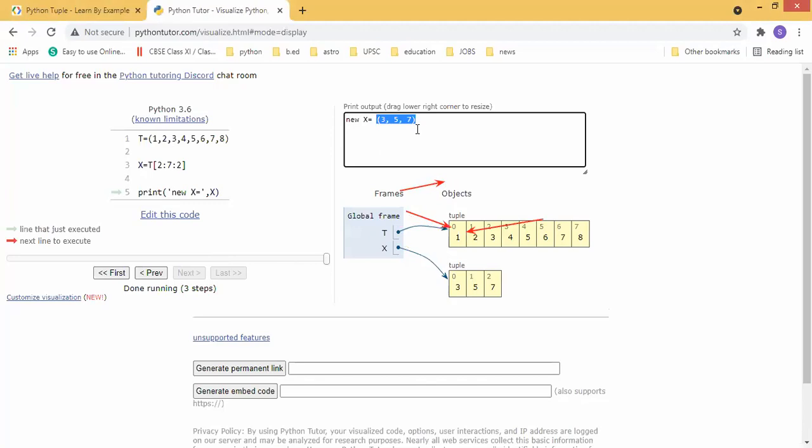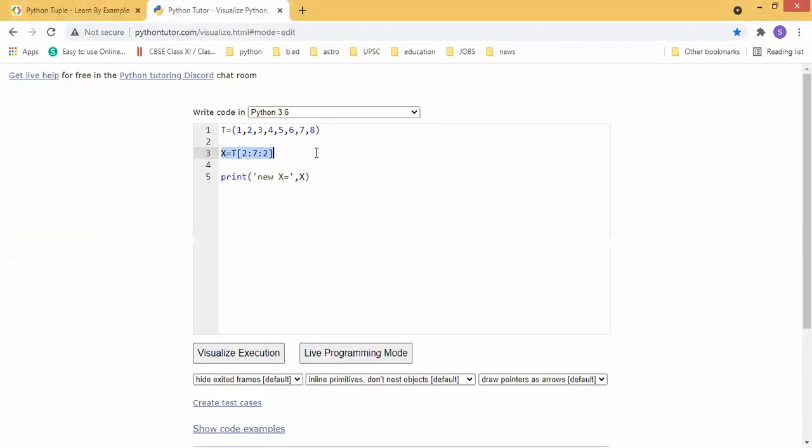You can see the bracket being used is a rounded bracket, that is parenthesis. So what is the statement if you need to display it as a list? Students, this is the statement to get the tuple slicing. Now tell me, I want to change this x into a list.